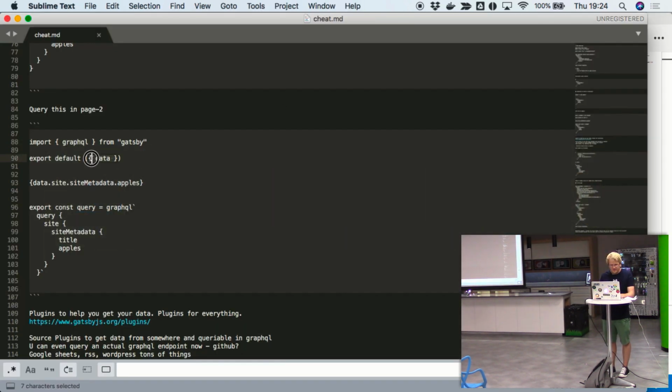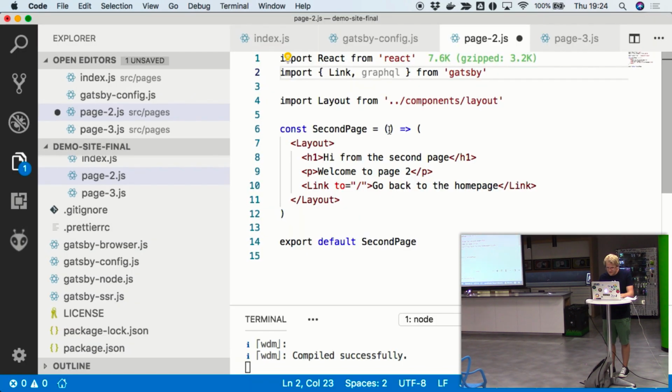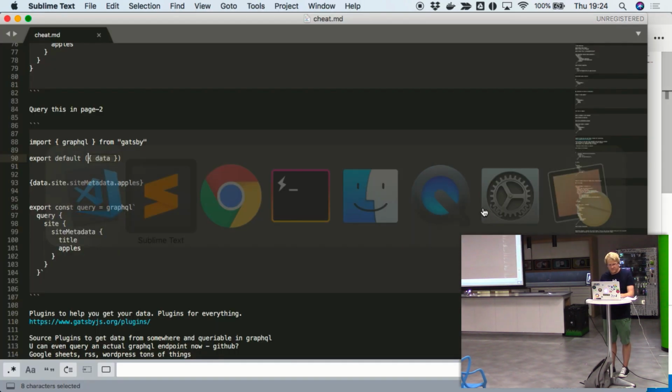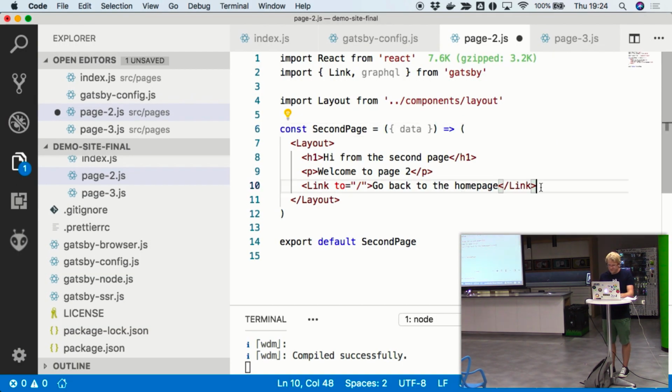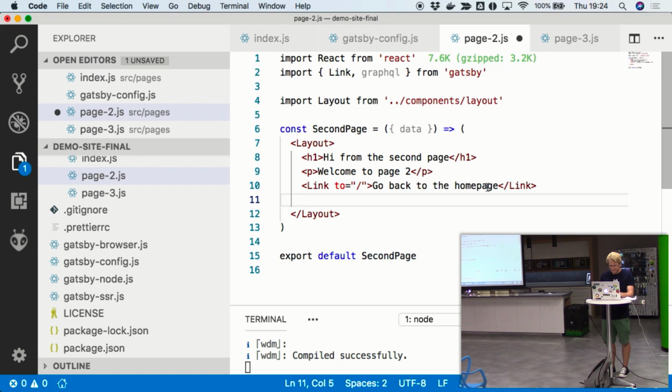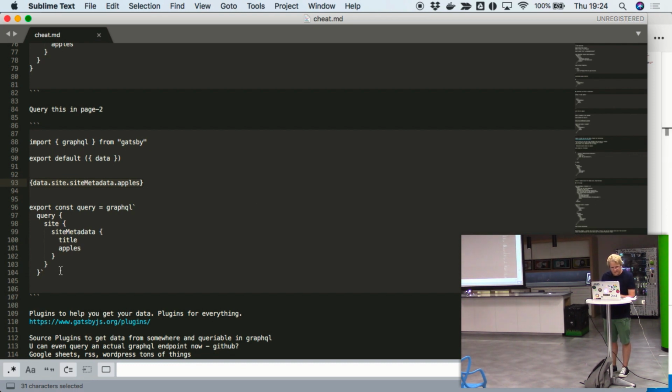We need to say data, so we're going to give data to this component. And then we can actually call data from that. So let's do h2. And that's what I'm querying, data.site.metadata.apples. Well, I think I might have said apple, but we'll see if it errors.